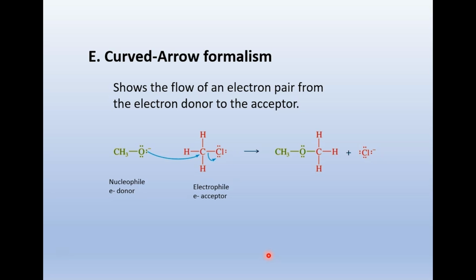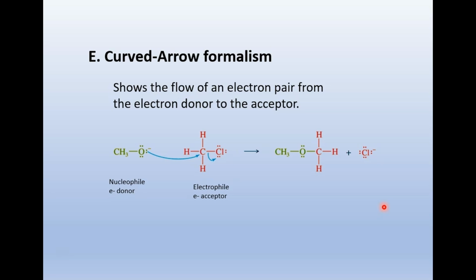Alright, so that last slide had something exciting. I've mentioned this before. That first mechanism I did here on paper, and you all were supposed to do it as well in chapter 1. What is curved arrow formalism? It shows the flow of an electron pair from the electron donor, the nucleophile, to the acceptor, the electrophile. It slams into there, forms a new covalent bond. These electrons jump off onto chlorine, so it has its full octet. And so the curved arrow shows the